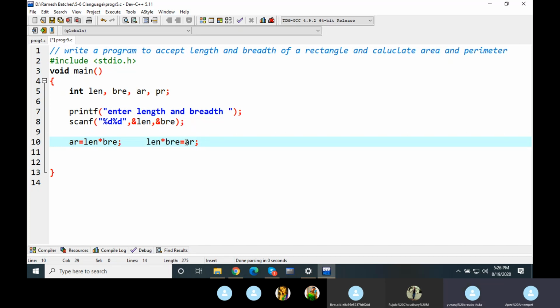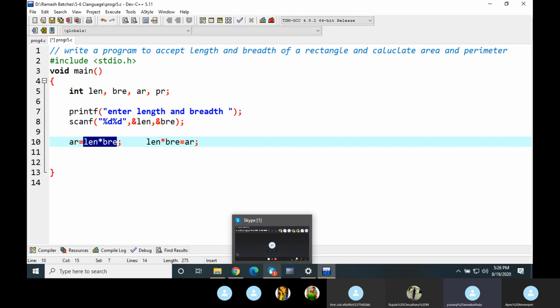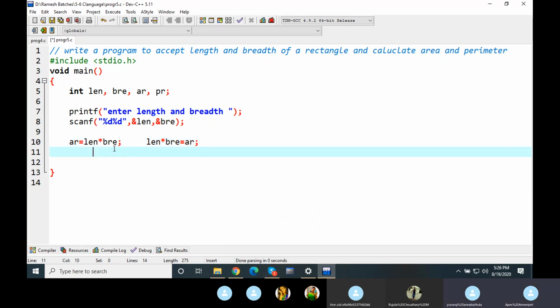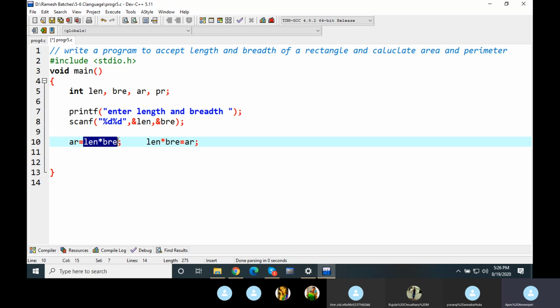The variable into which you want to get the result should be given on the left side of equal to. The expression whose result you want to store should be on the right side of equal to.